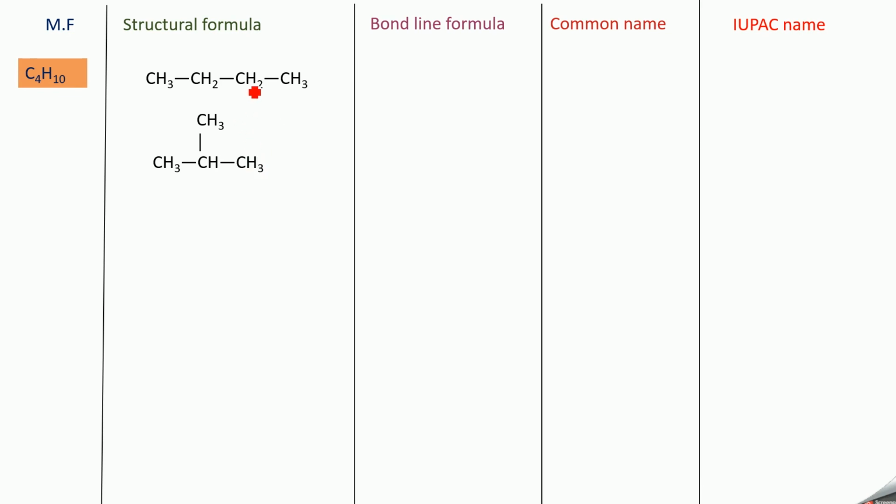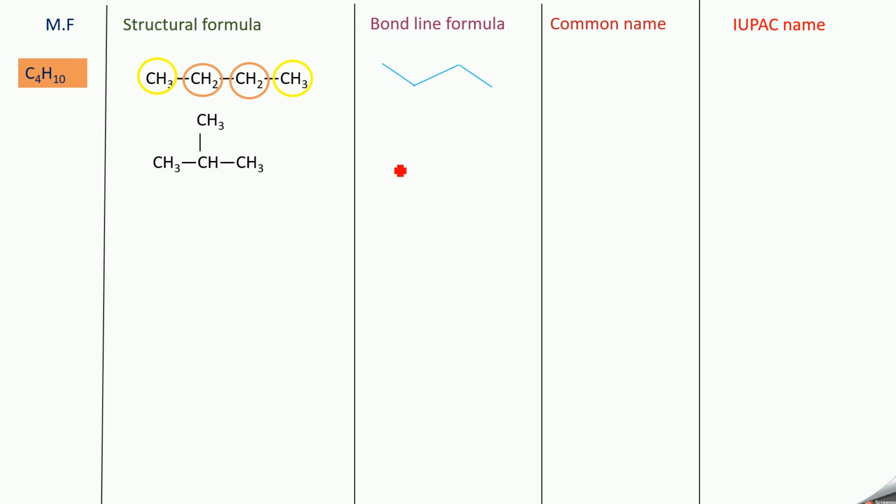So now we can write the bond line formula for this one. You take first CH3, CH2, you can draw a line. So this end is CH3 and this end is CH2. Now this CH2 is connected to this CH2, so you draw another line. So we are getting CH2, CH2. And from here you have to draw another line, so you are getting this CH3. So this end point we have CH3, and in the middle these 2 join, they will have CH2. So this is how you have to draw the bond line formula.